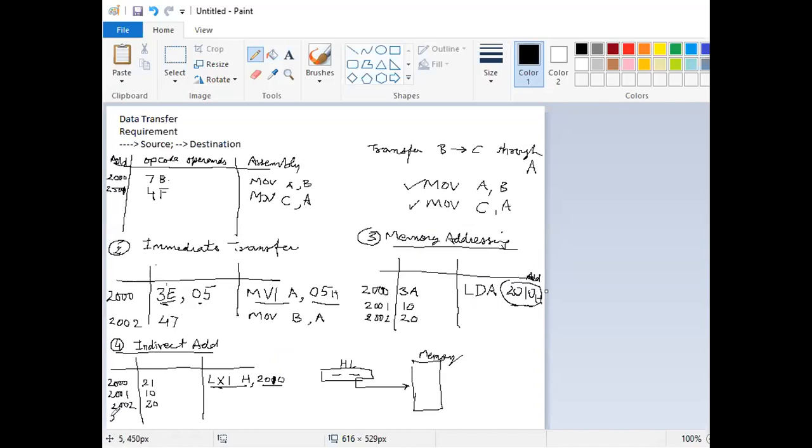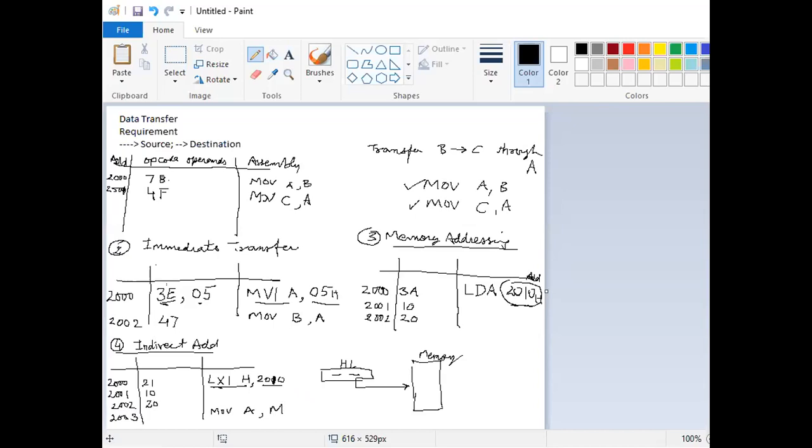So that instruction will be stored at address 2003, and the instruction will be move into the accumulator from the memory address specified in HL.